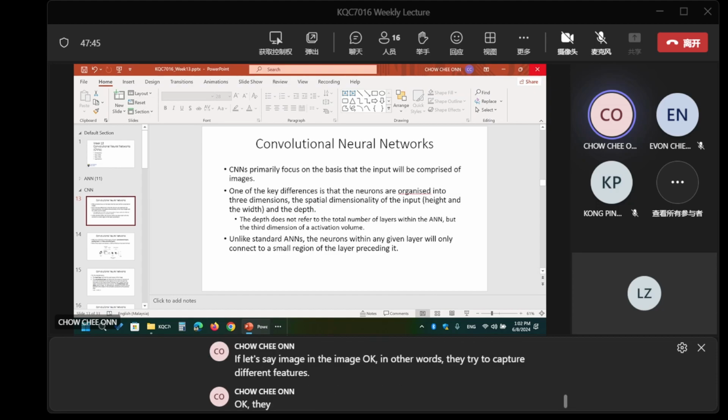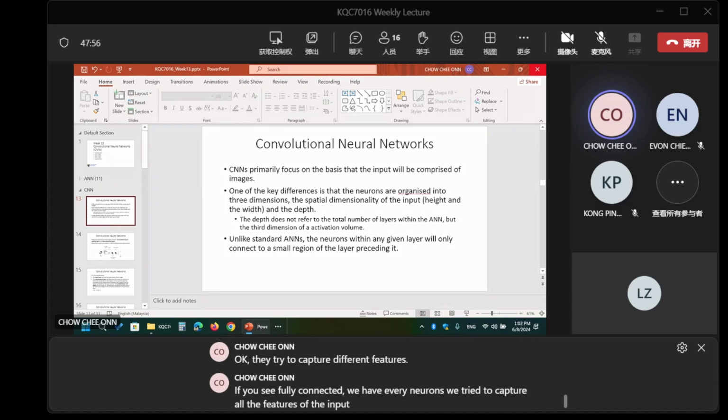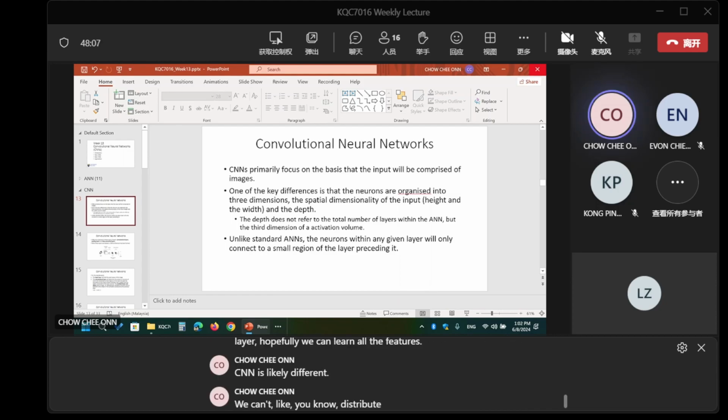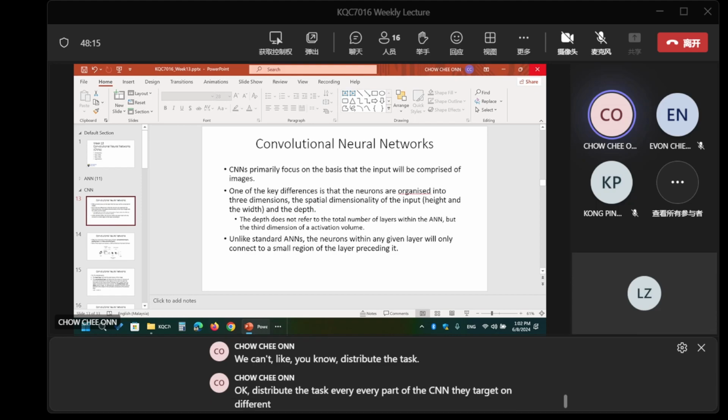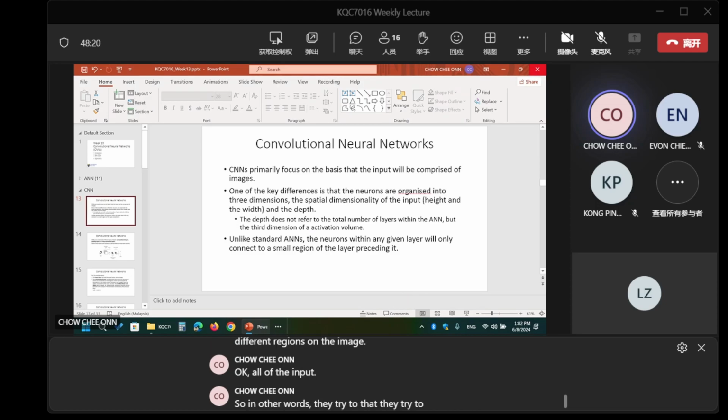With fully connected layers, every neuron tries to capture all the features of the input, and by going through multiple layers, hopefully we can learn all the features. CNN is slightly different: we distribute the task. Every part of the CNN targets different regions of the input.